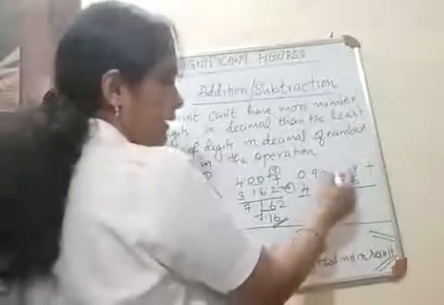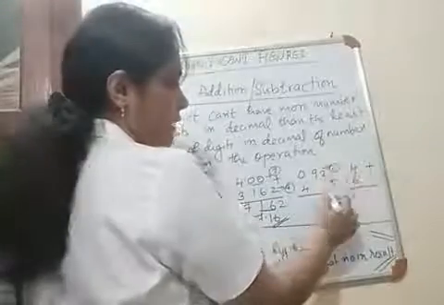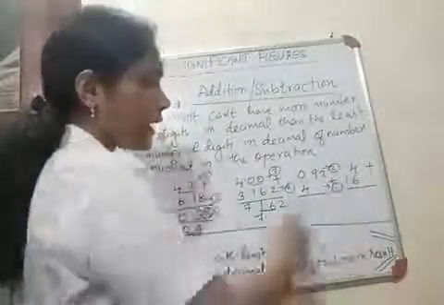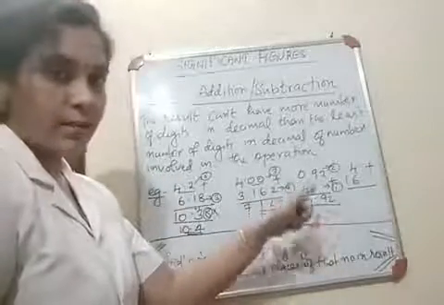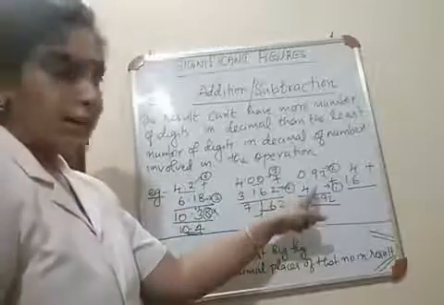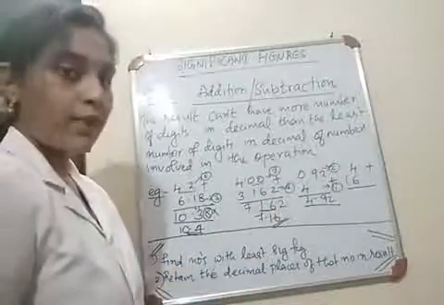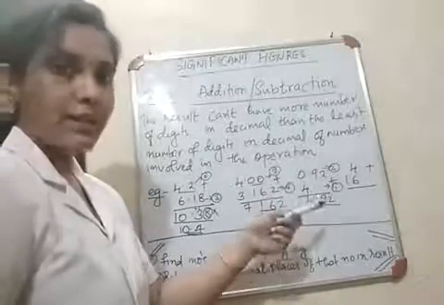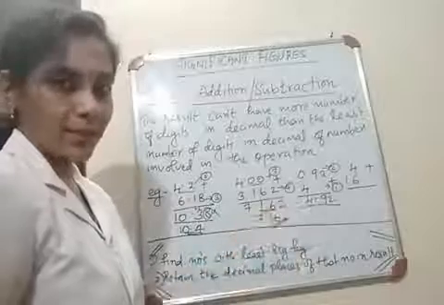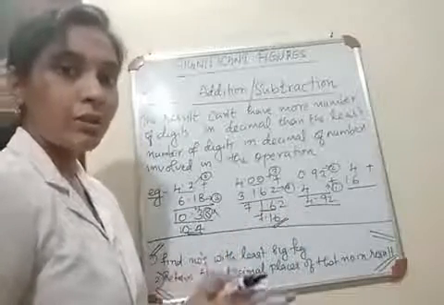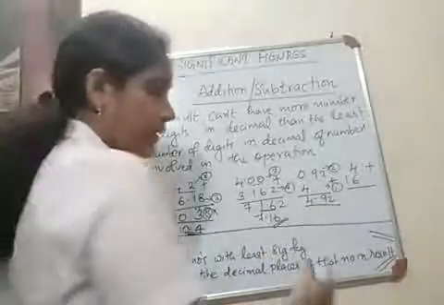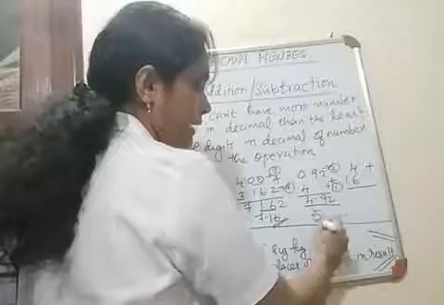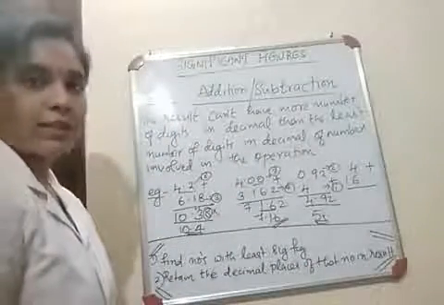Next, here how many significant figures are there? 2. Here only 1. And when you add, you will get 4.92. So here, which is the number? This is a little bit confusing. See which number has least significant figure? 4. But it's not a decimal number. So how can we retain the decimal places? So in the result also, no need to retain that decimal places. Just round it off. When you round 4.9, what you will get without any decimal? You will get 5. 5 is the answer.